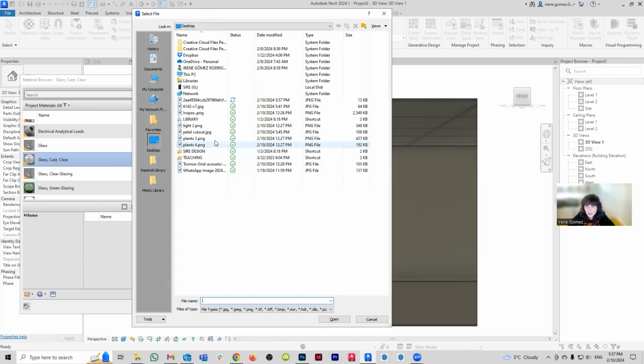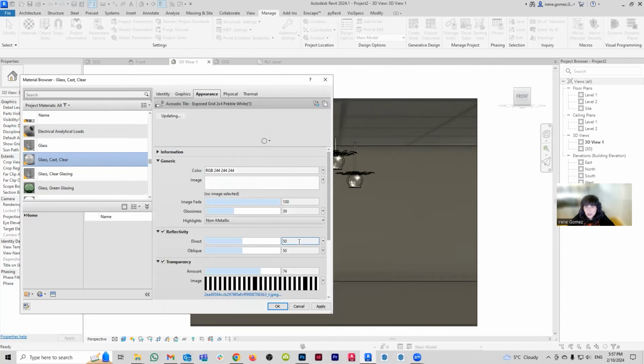So, you know, I just roll with the punches. So this is going to be this image here instead. This should just make it much easier for Revit to understand what I'm asking it to do. Now, the other thing that I'm going to do is significantly increase my transparency here.